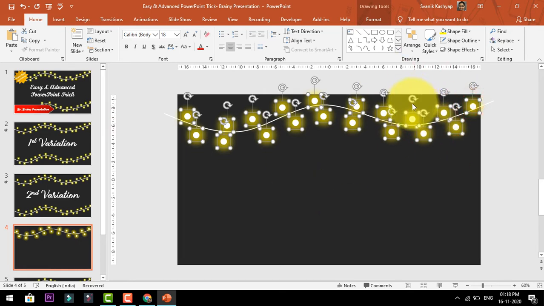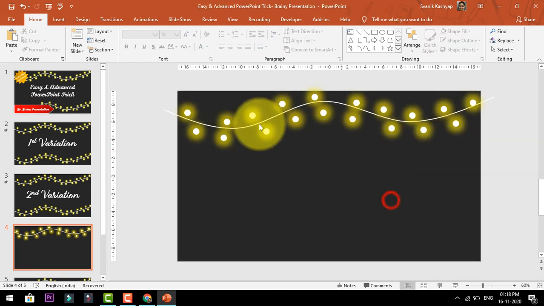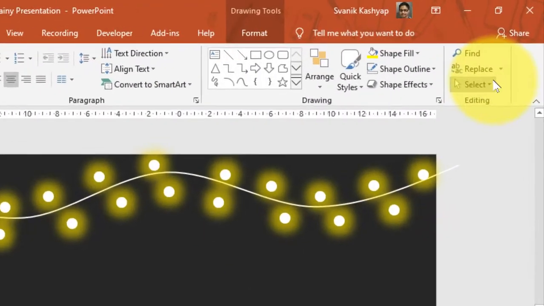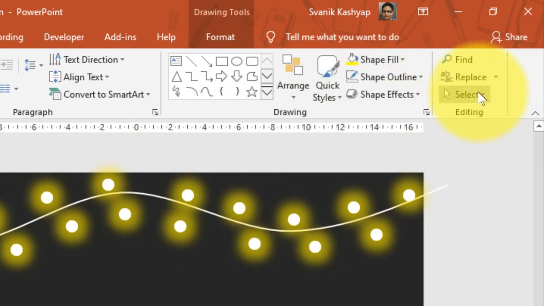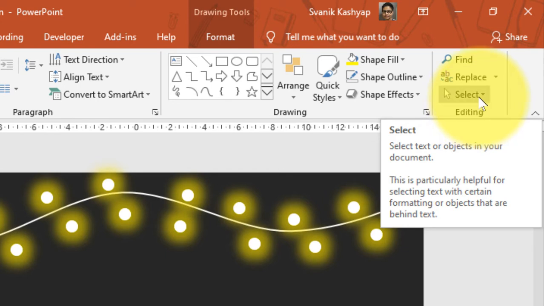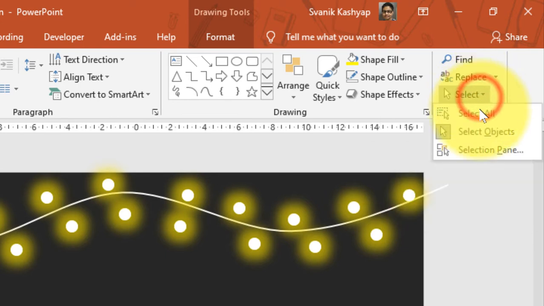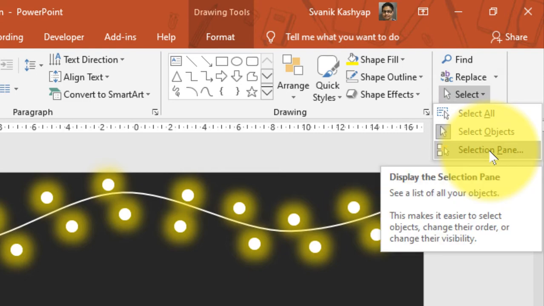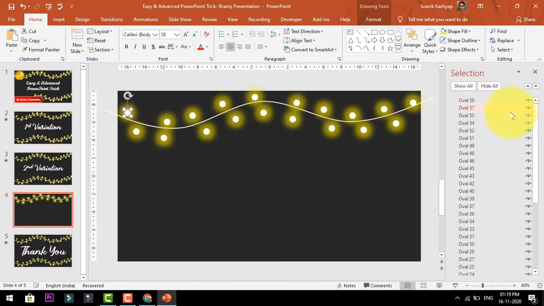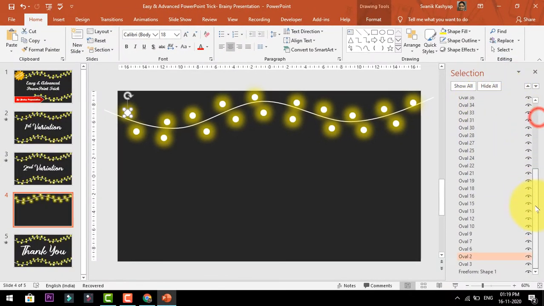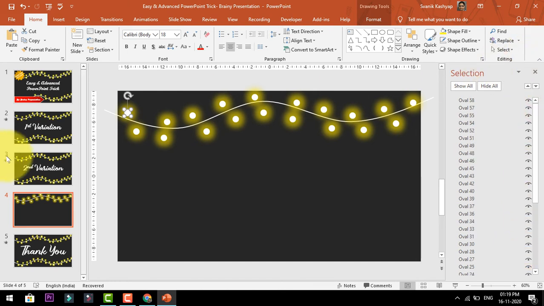Once I have selected all, press Ctrl Shift G to ungroup them, then select one, go to this editing option, select and go under the selection pane. Then it will open up all your shapes. Then you just have to select the white circles again.